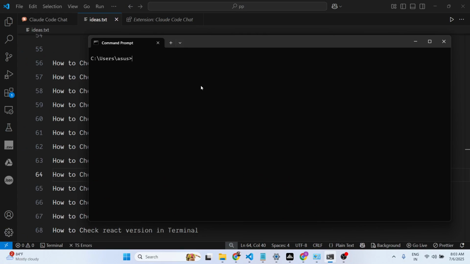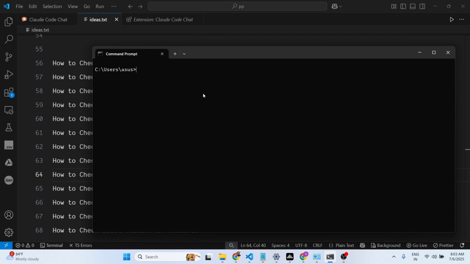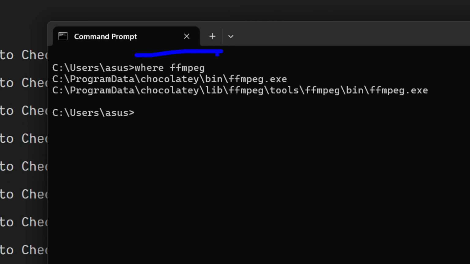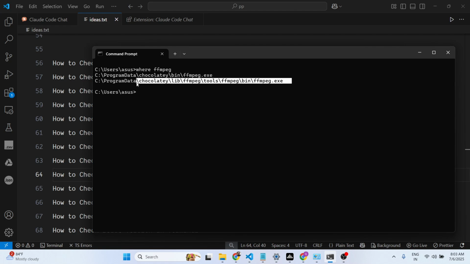And now if you are wondering where FFmpeg is installed in my system, you write this command, where ffmpeg. If you write this command, it will tell you the exact location where FFmpeg is installed inside your system. So if you want to open this, you copy this location, and